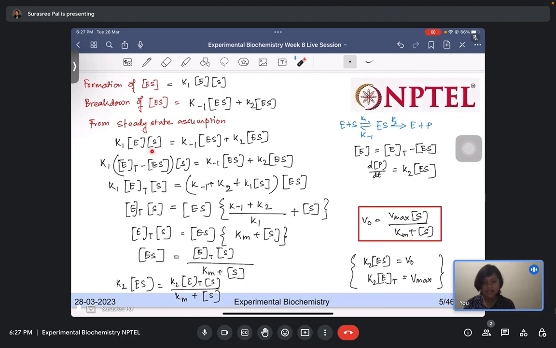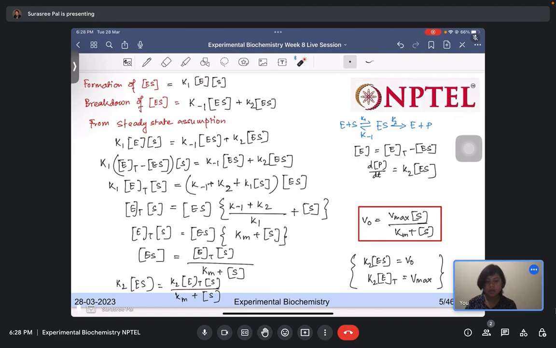Now the enzyme concentration can be written as the total enzyme concentration minus the enzyme substrate concentration. So the free enzyme concentration at any point is basically the difference between total enzyme and how much enzyme has already formed a complex with the substrate. So that is what we write here. In place of E, we substitute E total minus ES into S, and the rest of the equation